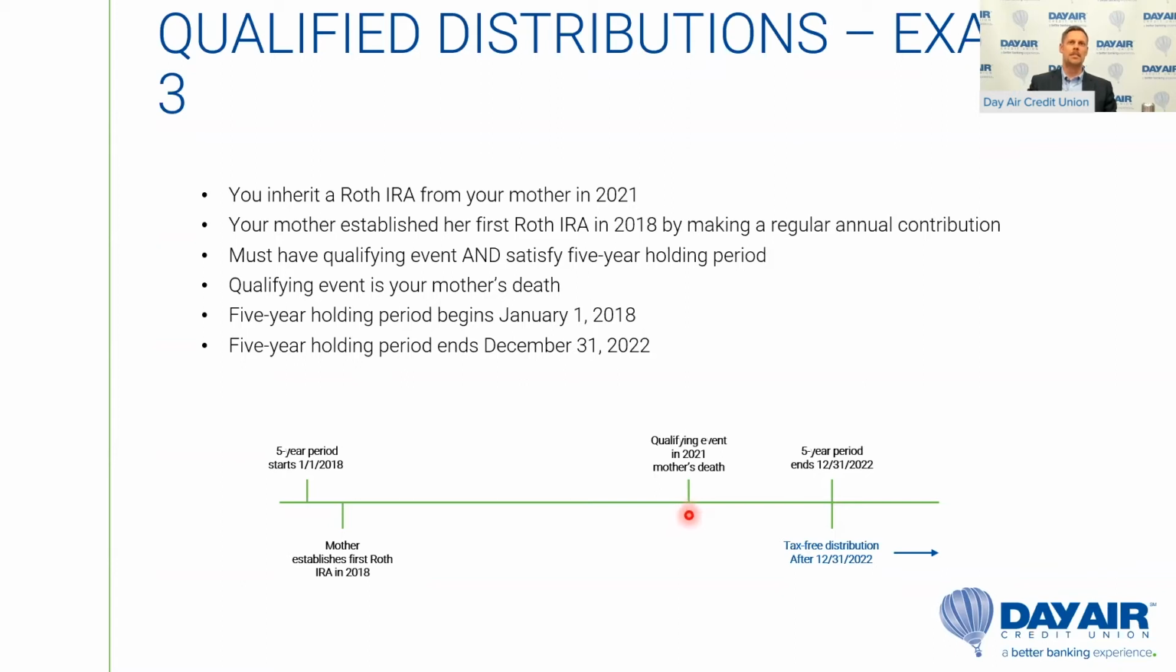What happens if the contributions and earnings are pulled out of the account before the 5-year holding period in this case? Well, since it's inherited, death is a qualifying event, so there's no 10% penalty. So the 10% penalty does not apply. And the contribution is tax-free, so that would not be taxed either. However, any earnings in the account, you would have to pay ordinary income taxes until the 5-year holding